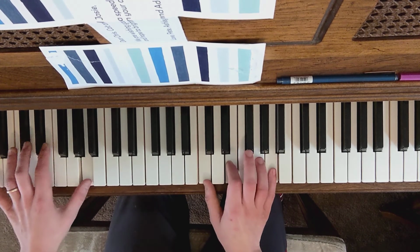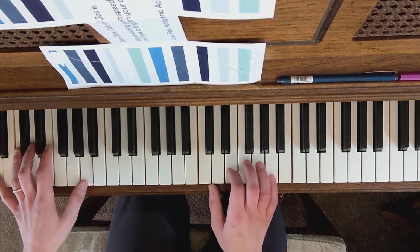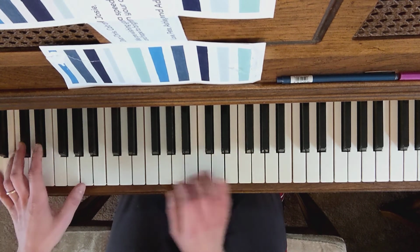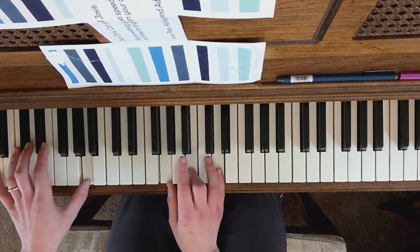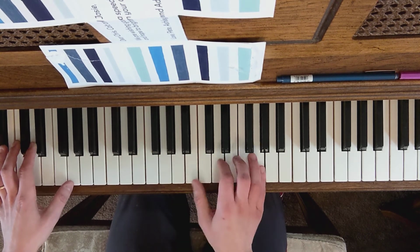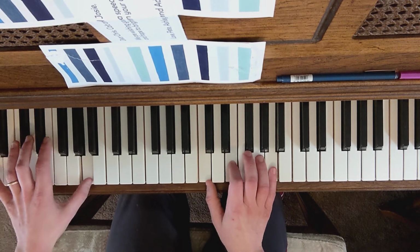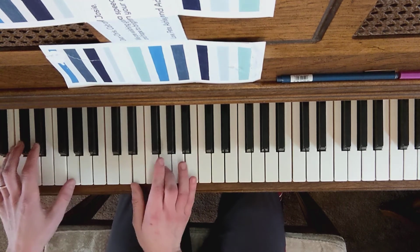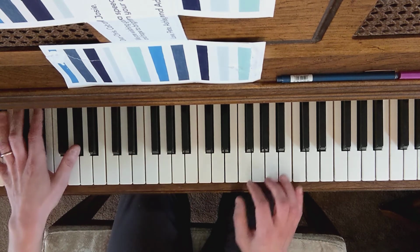It's A minor, and I'm not going to play this with rhythm or anything. We'll just play the chords. A minor, F, F. Oops, I go down to G here, and this is a G major. F major, F major, G again, but just the different inversion, and back to G,